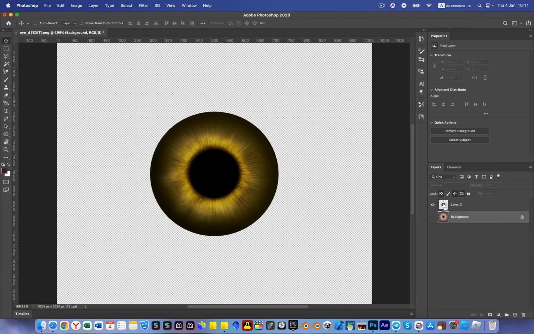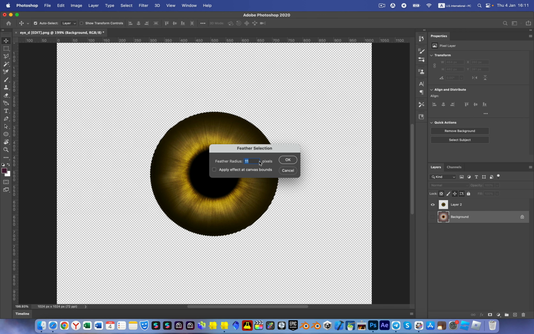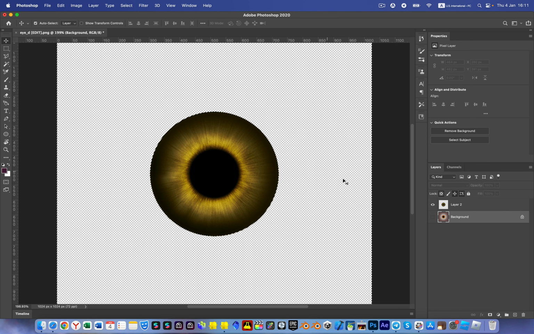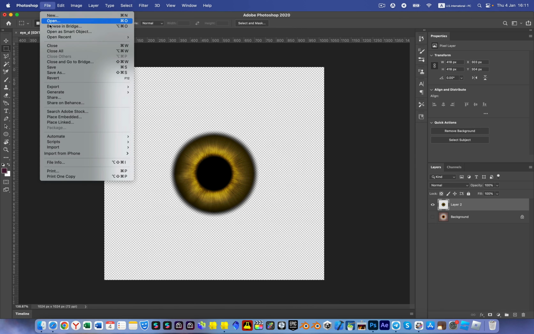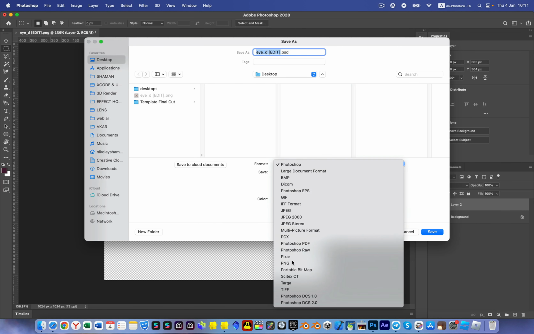Okay, now we have clean texture for eyeball. And next I recommend select this, and we use this, yes, and I think maybe 10. Now select inverse and delete with backspace for this object, something like this. Yes, it's a more smooth border and better for our project. Okay, save as PNG